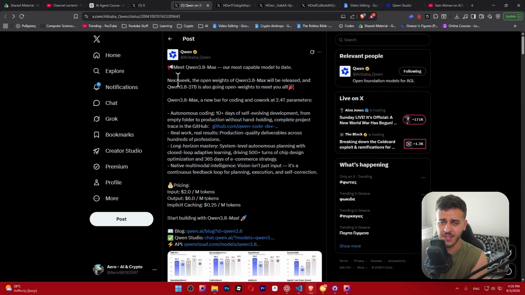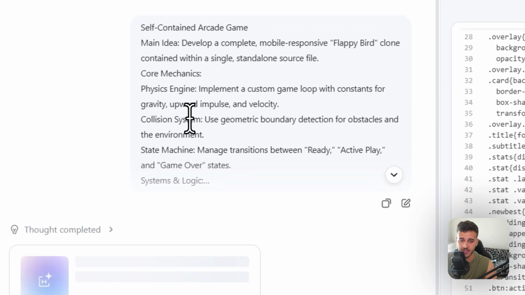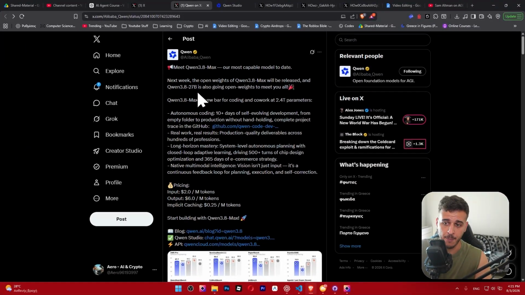Qwen just released their latest maximum capability model, which is Qwen 3.8 Max, and it's currently available through API and also their chat interface. Today, I'm going to show you all of the benchmarks about it. I'm going to show you some real world examples of its capability. We're going to judge it on that versus other models such as ChatGPT 5.6 Sol and the rest of the